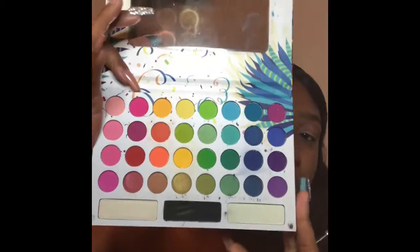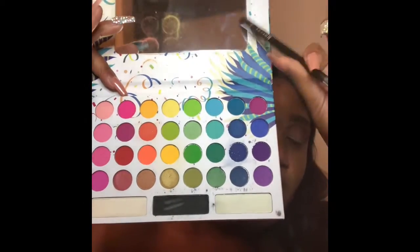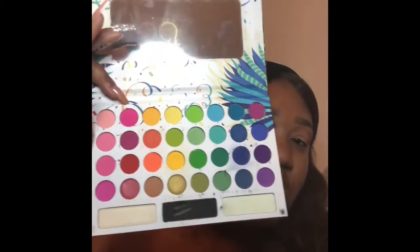This is how it looks. It has a mirror up top, and then it has all these shadows here. This is an amazing palette. I really like this palette. I got it a while ago, and when I'm literally looking for something to define my bright looks, that's the palette that I use. So out of all these palettes, today I'm going to be using the Itsmyrayeraye, the second